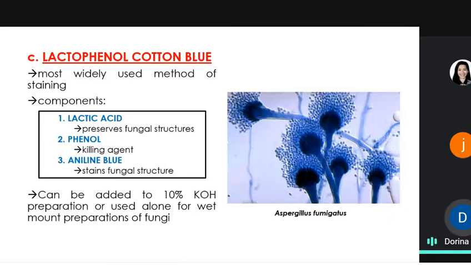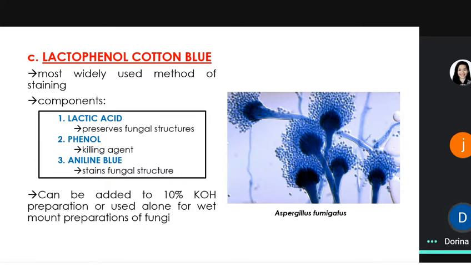Tawag doon, frequently LPCB na lang. Okay? So, LPCB, ito yung is the most brilliant, pero ito talaga yung ginagamit natin sa mycology. It's very easy to prepare your culture media, the appropriate culture media. Tumubo siya doon, kumuha ka ng colony, then you put it on slide with already the drop of